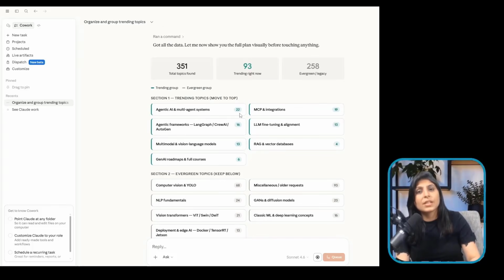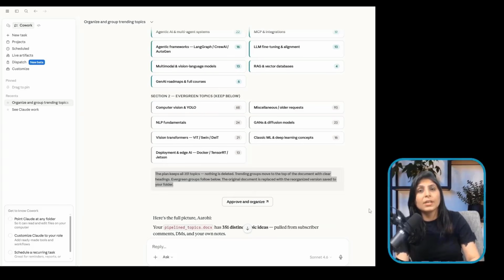Next, it created sections, and section 1 is for trending topics, which it moved to the top. And you can see topics like agentic AI, multi-agent systems, MCP, RAG, all these kinds of topics in this section. And then section 2 includes the evergreen topics like computer vision, transformers, deployment, these kinds of topics.